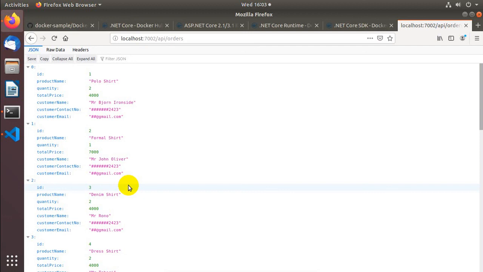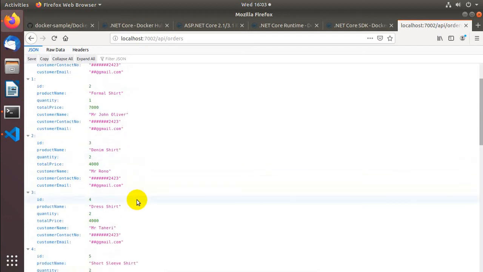We can see the same output that we saw earlier when I ran my application manually. So this is all about creating packages and running containers with Docker. Thank you. This is all about creating a Docker file, building images and running a container. So thank you.